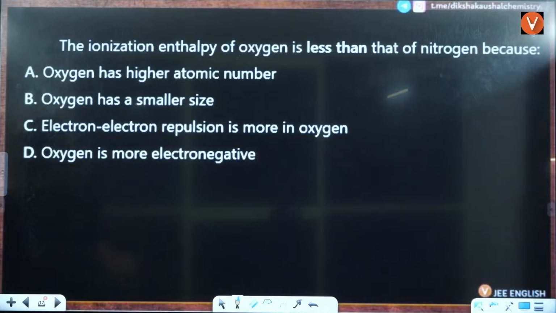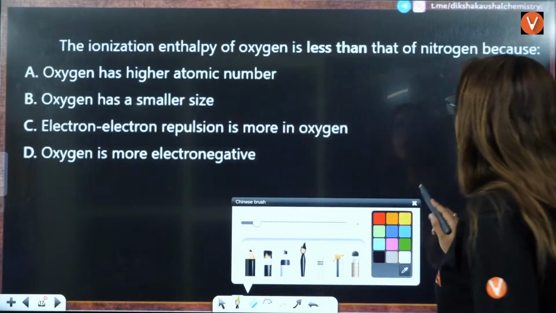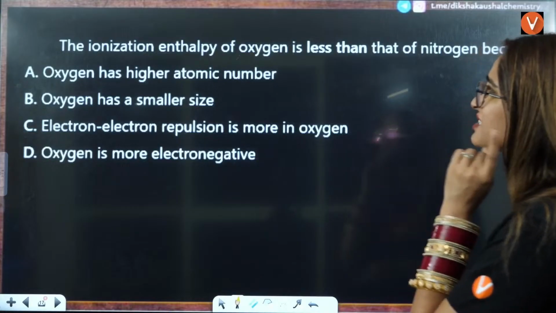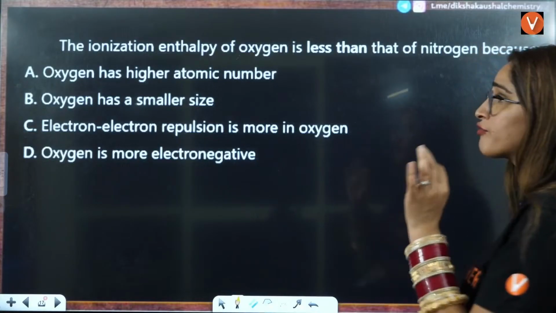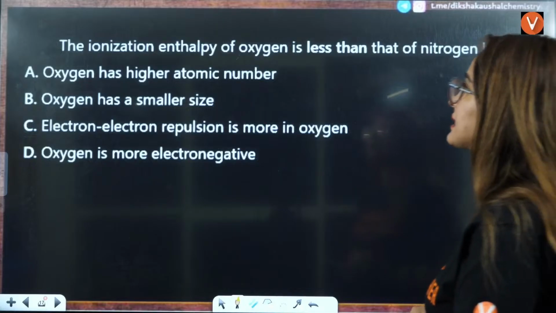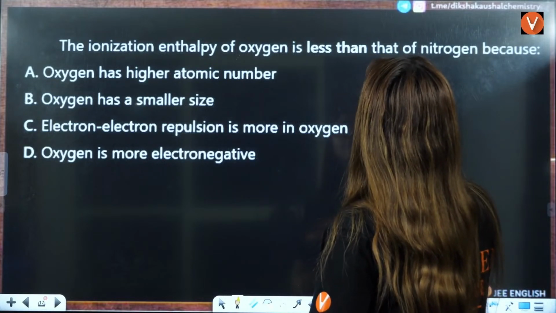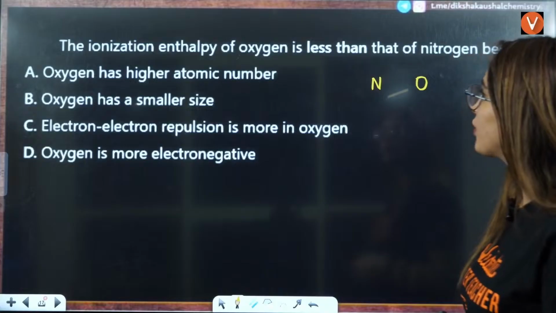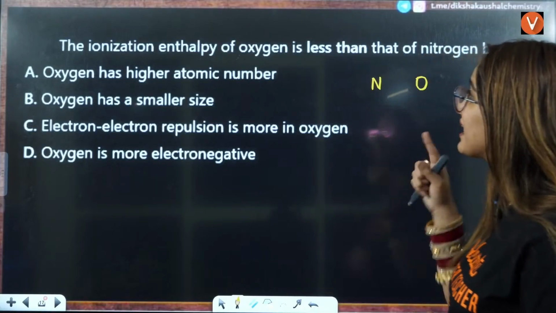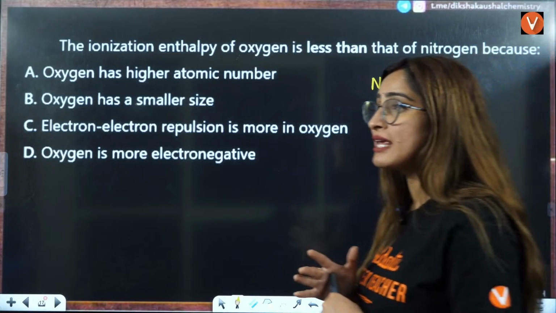The ionization enthalpy of oxygen is less than that of nitrogen because, anybody? What is the reason behind that? See, if you talk about oxygen and nitrogen, it follows this order, this is nitrogen and this is oxygen. Ionization enthalpy means to lose the electron. Now, ionization enthalpy of oxygen is less. What is the reason? Why is oxygen easily